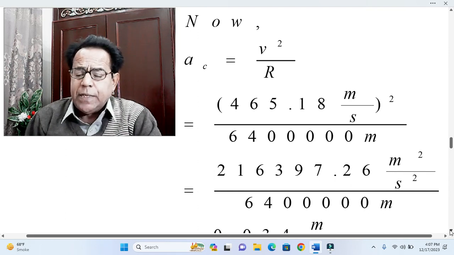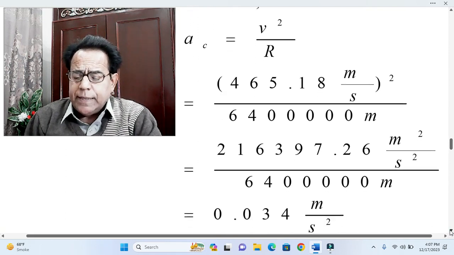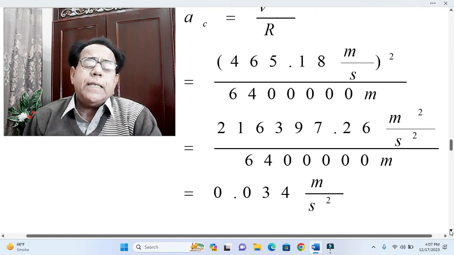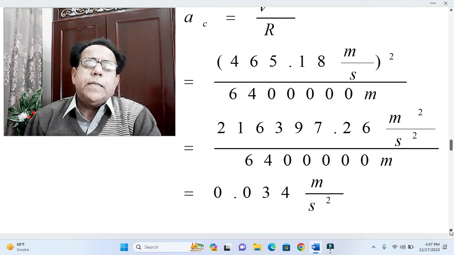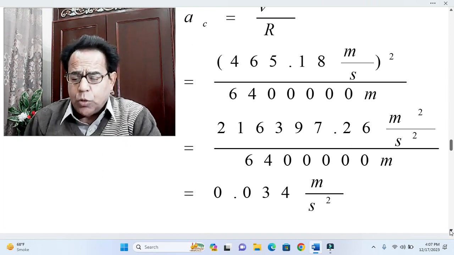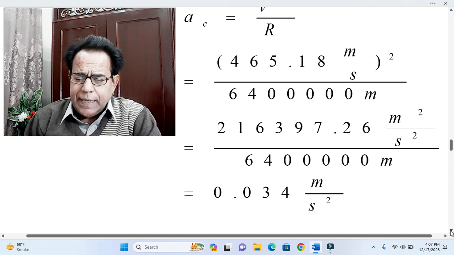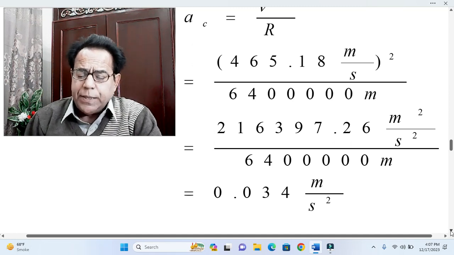But even if it is not provided, we can take this value from such tables, which table has been included in this problem as a snapshot. After simplifying all these steps, we get